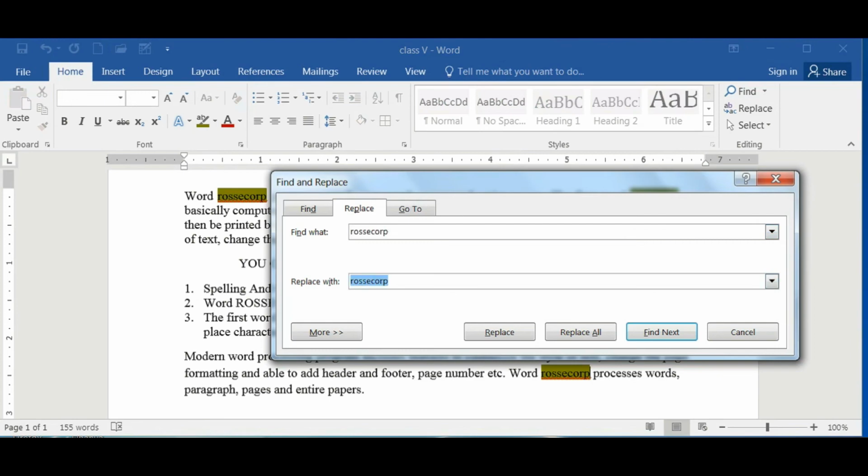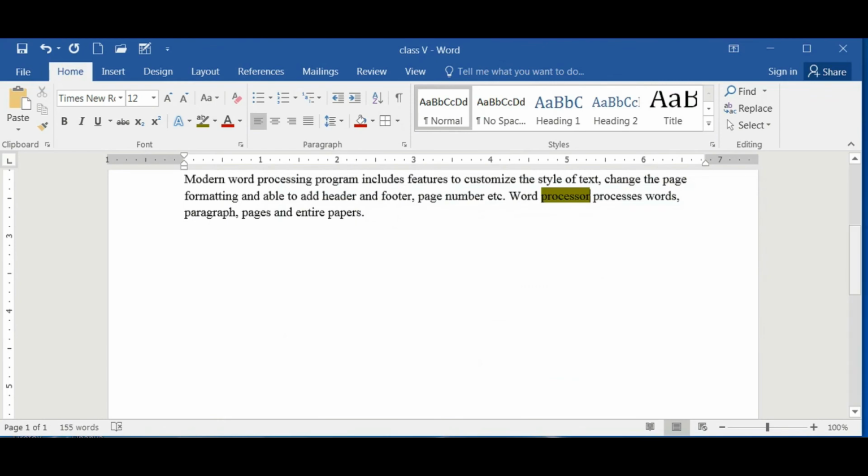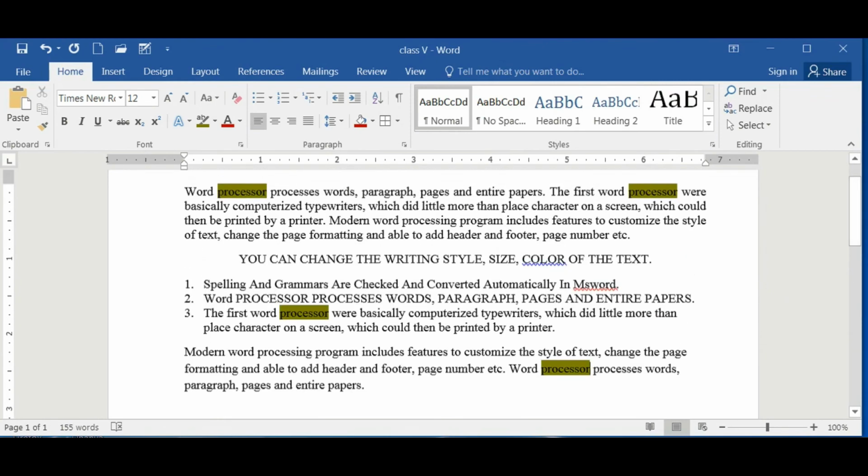Where is this word in my document, and I want to make it processor. Processor. Okay, processor. And I want to replace it also. You can see that here it is coming to its proper spelling, processor. See, when I click replace, okay, so you can see that now it has been changed to processor.